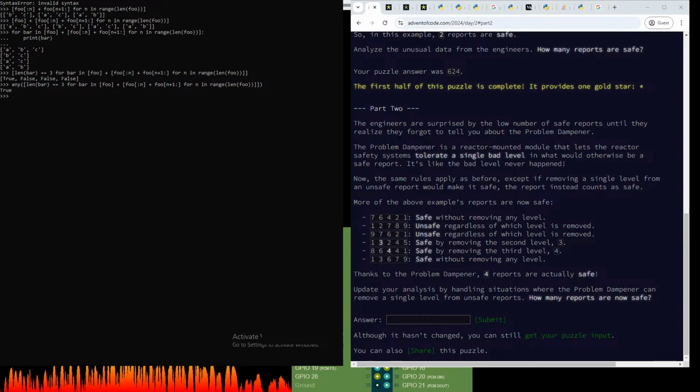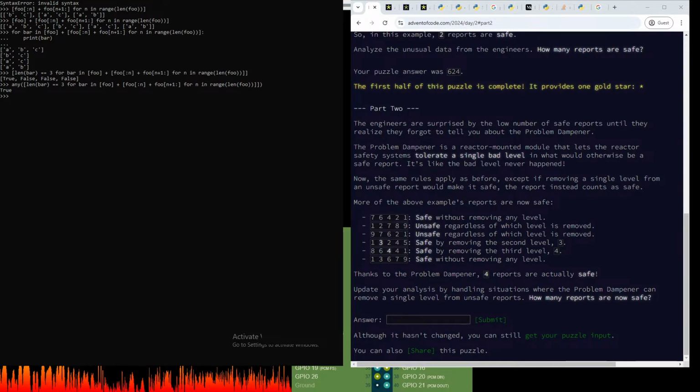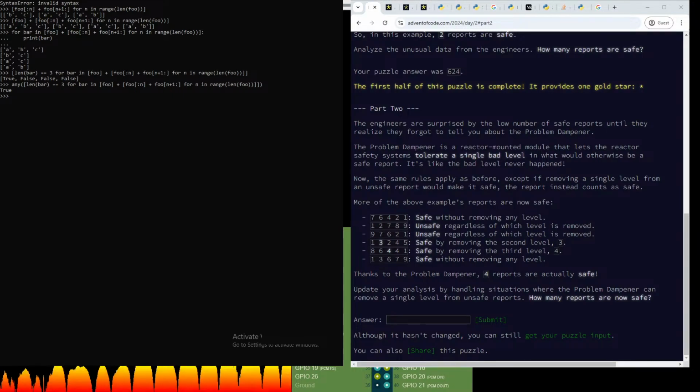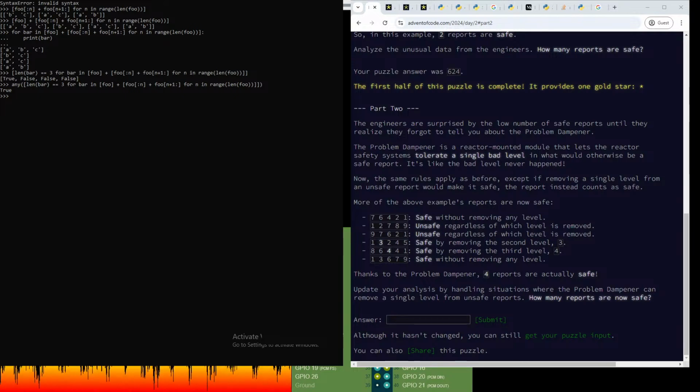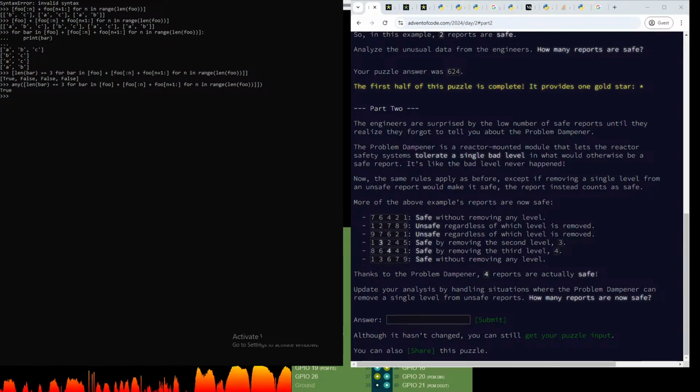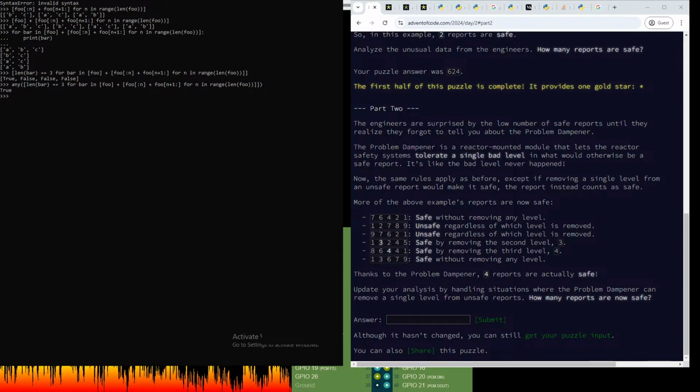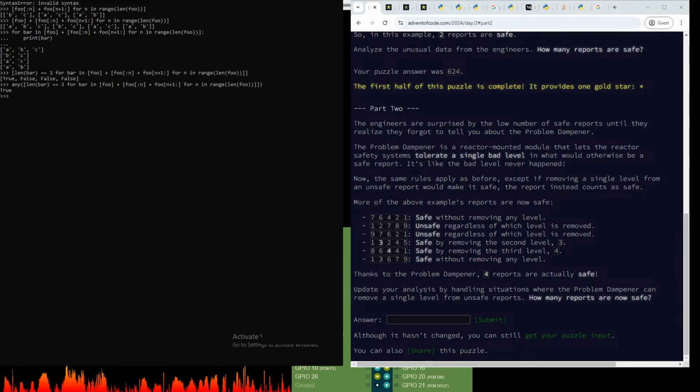Yes, because a report will be a list of levels, but we want to get rid of the nth level. For, oh, hang on, in report plus, okay, yeah, no, this is right, plus report n plus report n plus 1, the n. So this will be the start of the array, so all levels up to n, excluding n, and then this one skips over n to n plus 1 at the start and finishes the rest of the array. So it will add that together